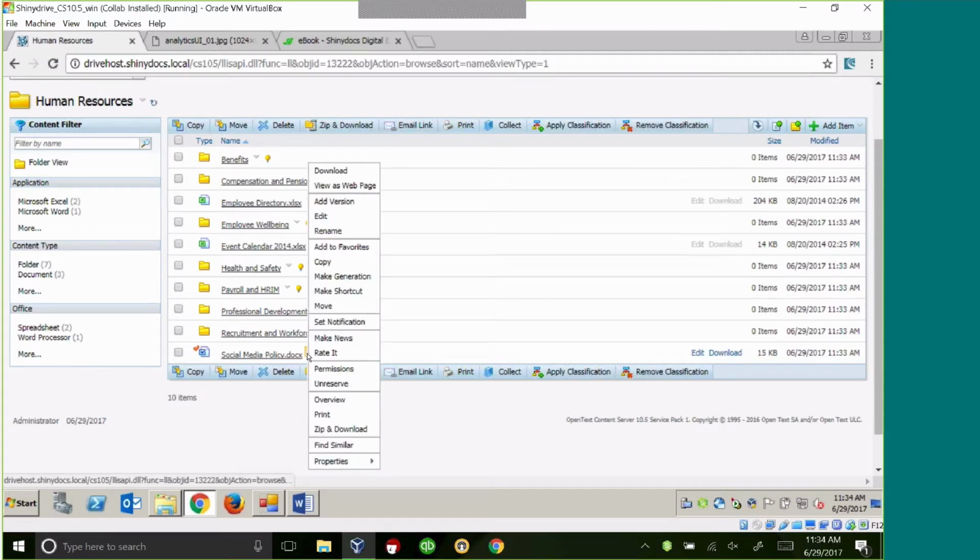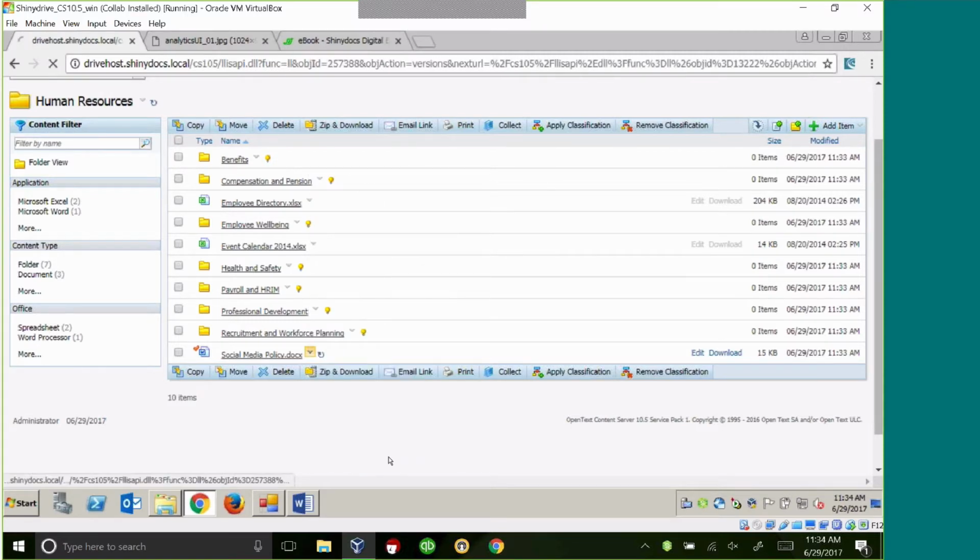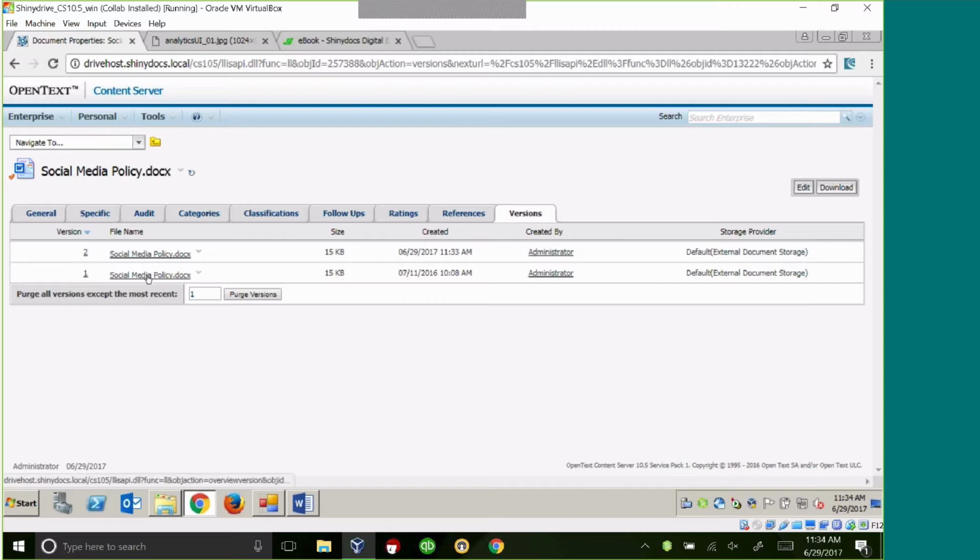And it keeps a pretty high fidelity as well. So when the social media policy, here's the first version of it that was from the shared drive. It has its original create date and modified date, so you can start driving some records management retention policies associated with that. And here's the version that I just saved right now at 11:33 a.m. Eastern Time. Right away, you get people using Content Server, and you didn't have to do a migration up front. So this is called our user-led migration.